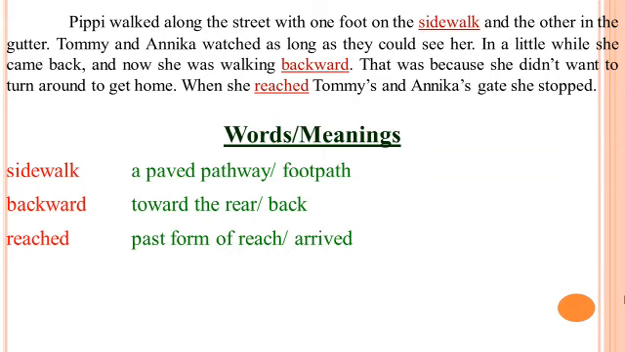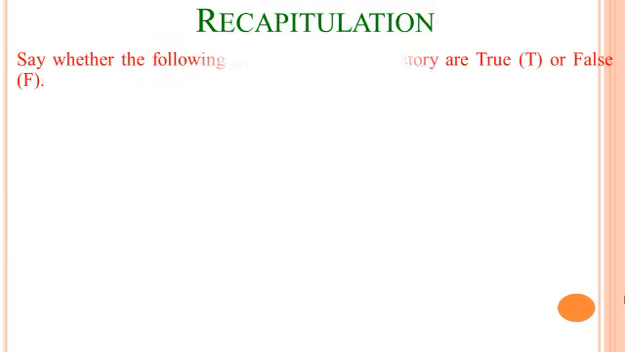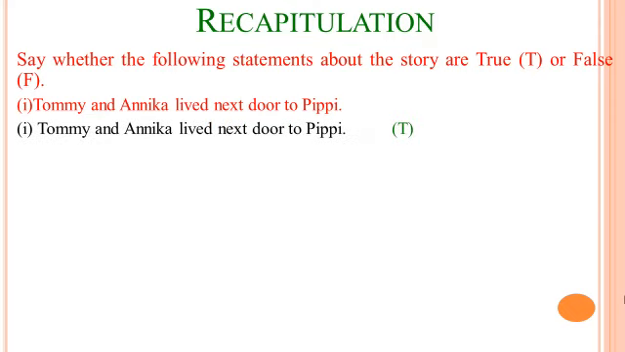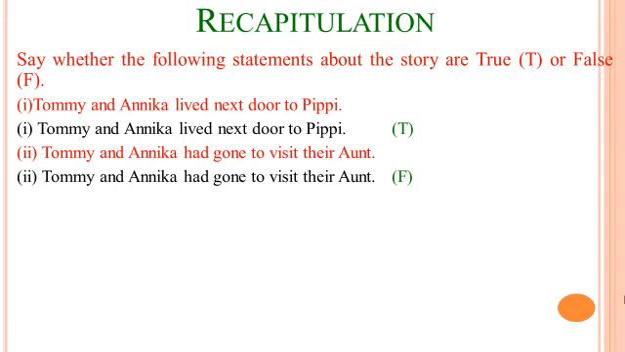So now I am going to check your understanding. Say whether the following statements about the story are true or false. The first is, Tommy and Anika lived next door to Pipi. Is it true or false? Yes, it's a true statement. Next comes, Tommy and Anika had gone to visit their aunt. Is it true or false? What do you think? Yes, it's